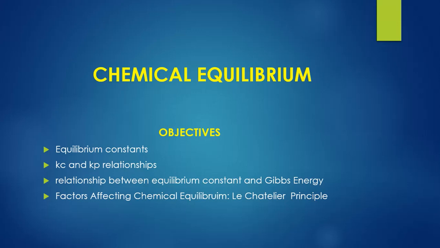Today's lecture is about chemical equilibrium. Objectives. First and foremost, I'm going to start by teaching you on the equilibrium constants. After that, we'll look at Kc and Kp relationships. After that, I'm going to teach you on the relationship between equilibrium constant and Gibbs energy. And lastly, I'm going to teach you on the factors affecting chemical equilibrium and also look at the Le Chatelier